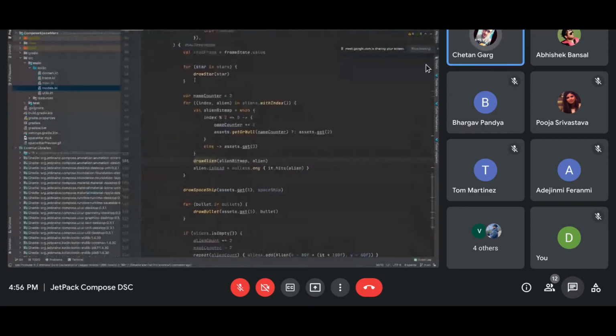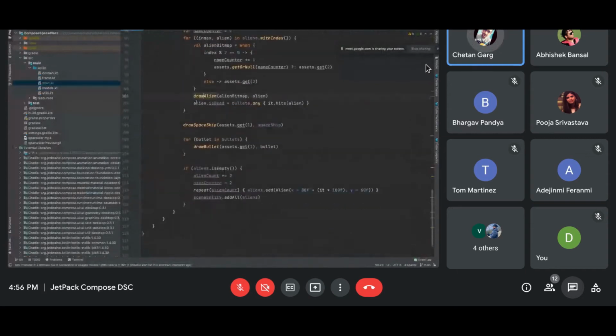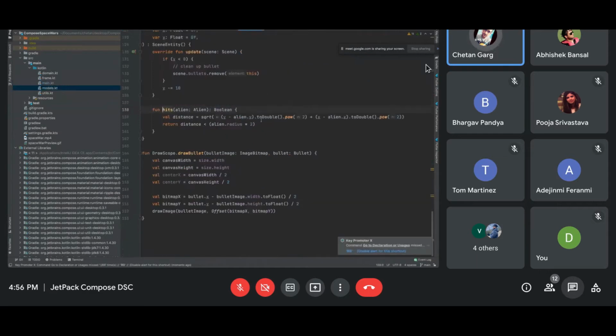Now coming back to the canvas again. I'm using this boolean to see if the alien is dead or not. Any bullet that I fire from the spaceship, I'm naming it a bullet. If any bullet hits, by hit I mean the exact same distance formula.